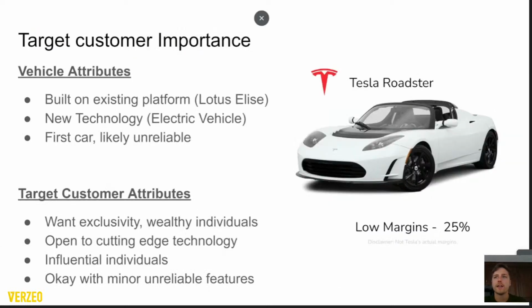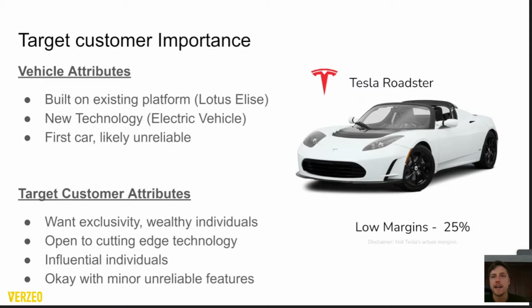So the first car Tesla made was the Roadster, and they needed to acquire a very specific target customer because Tesla had no credibility. They were doing something brand new that people didn't know a lot about, which was high tech electric vehicles. So essentially, they needed to come out of the box with something very enticing that everyone would give a chance. You know, if you came out of the box with the sedan, and you wanted people to buy your sedan,